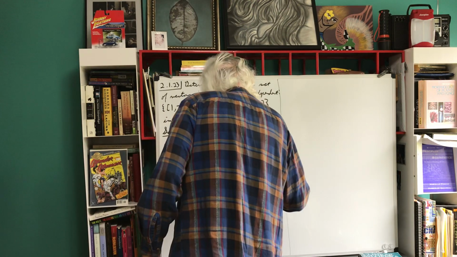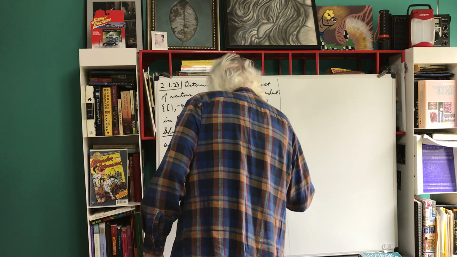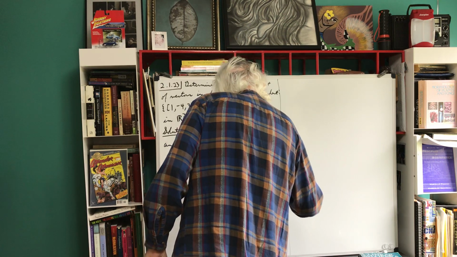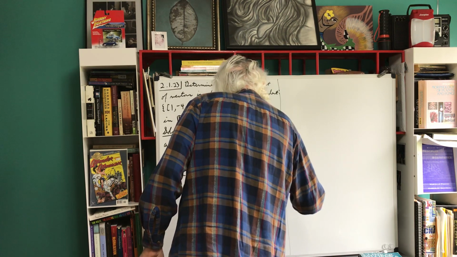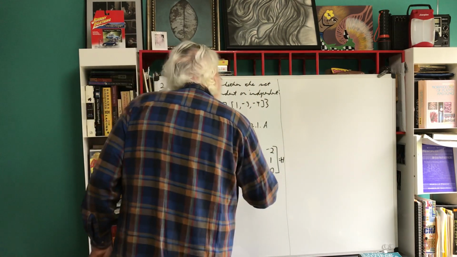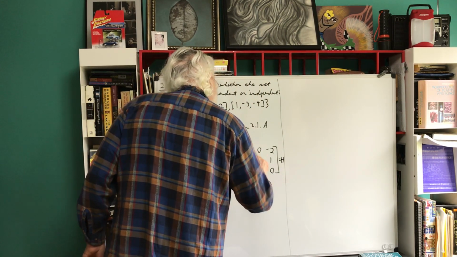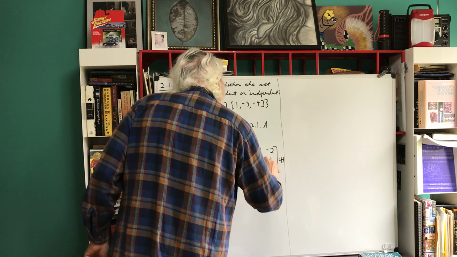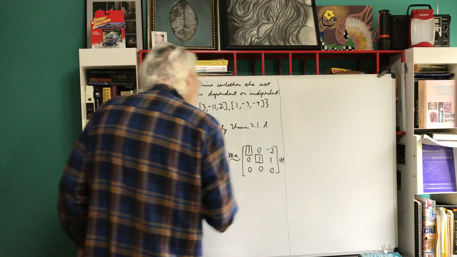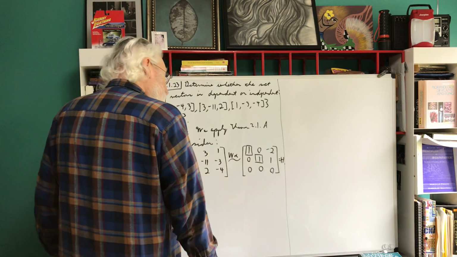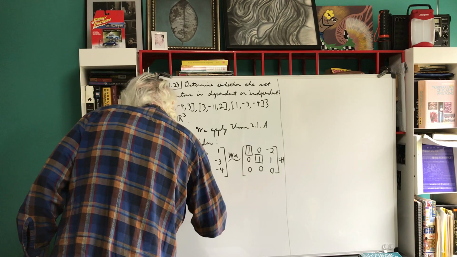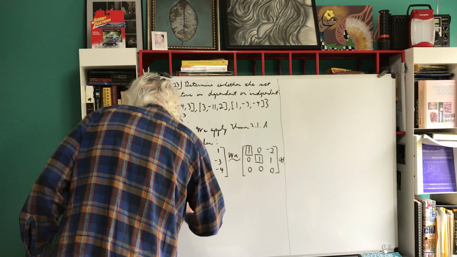And what Wolfram Alpha will give us is the following. We'll call that matrix H. So we've got a matrix with a pivot in the first column, a pivot in the second column, and no pivot in the third column. So that tells us, with strict application of theorem 2.1.A, a basis for the span